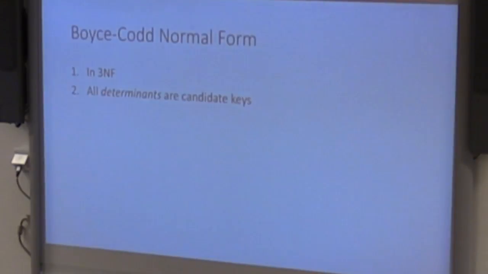And then on to Boyce-Codd normal form. So the first one is, okay, make sure you have your table in the third normal form. And secondly, all your determinants should be candidate keys. That's the rule. Which means if you